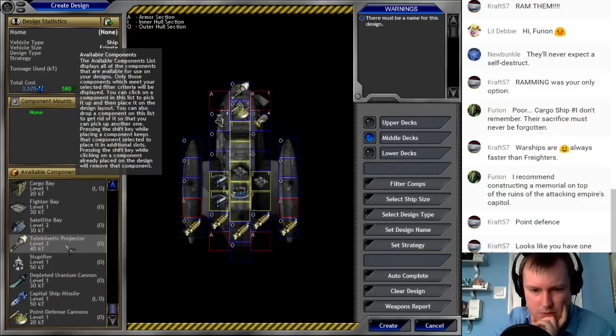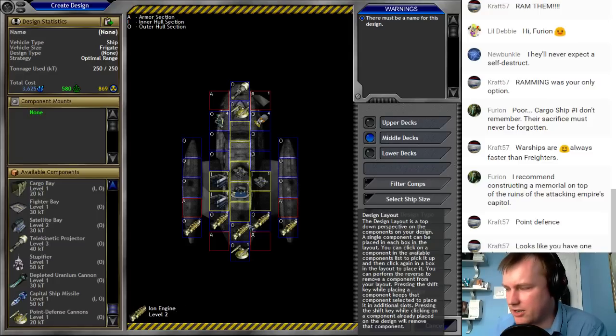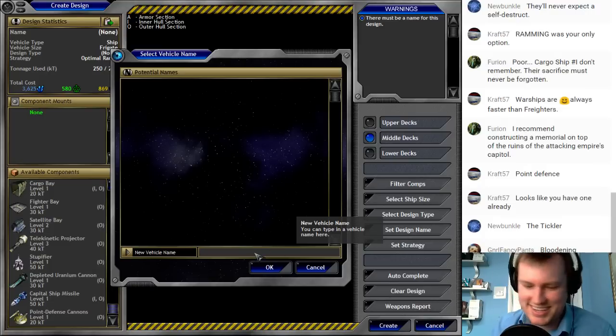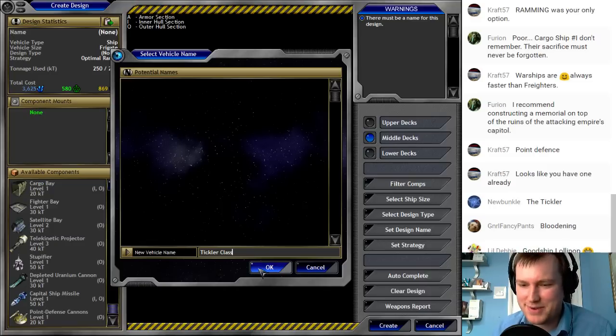So yeah, a rear-mounted point defense seems like a good idea as well. But yes, I need a name. I'll be the Tickler. Okay, these are the Tickler class frigates,